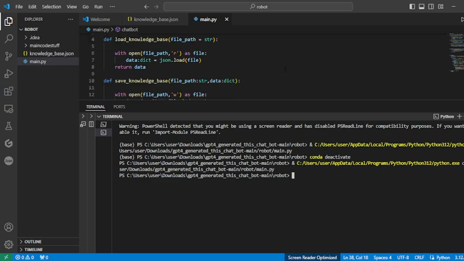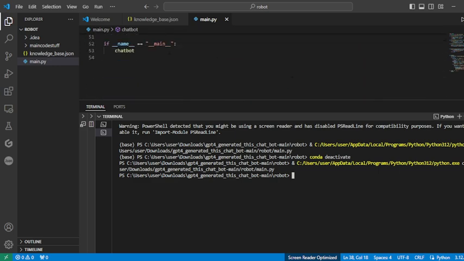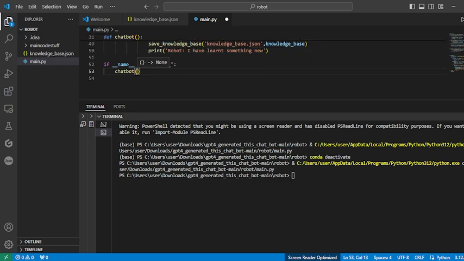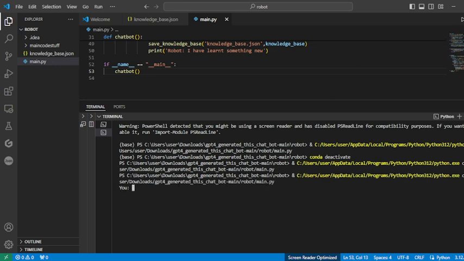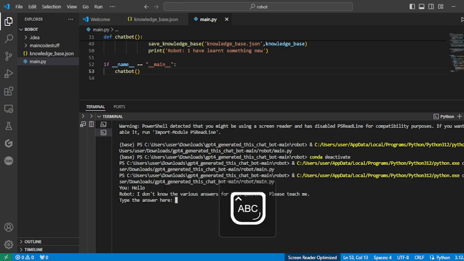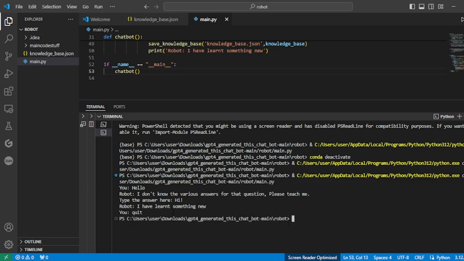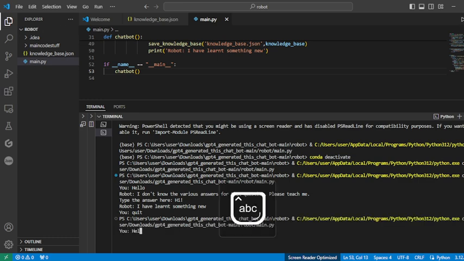So nothing is coming up, and it's because I forgot the parentheses here. Let's run this again. Hello. Robot: I don't know the answer for that question. Please teach me. Hi. I have learned something new. Now if I type in quit, and then I run this again, if I type in hello,